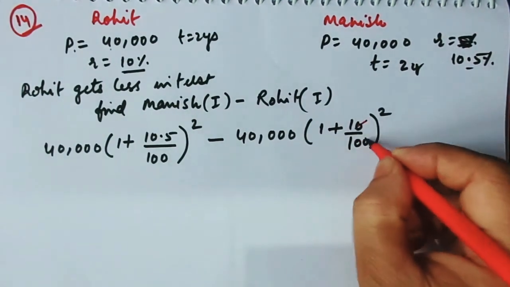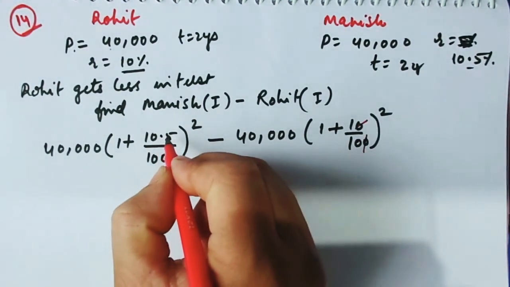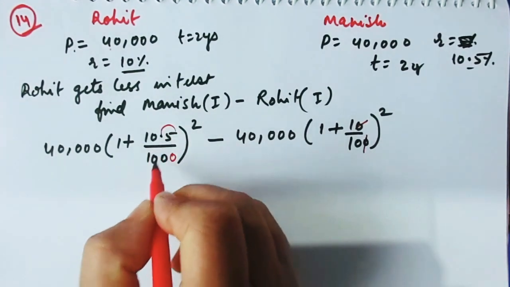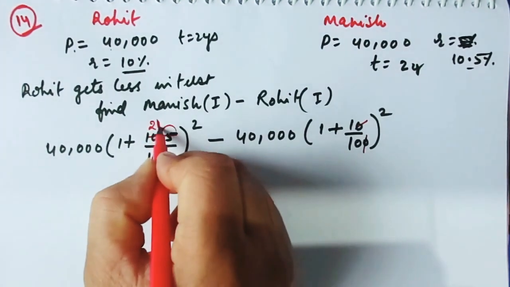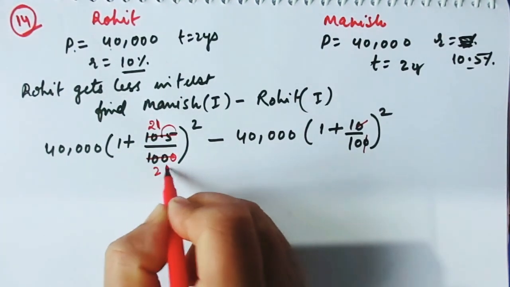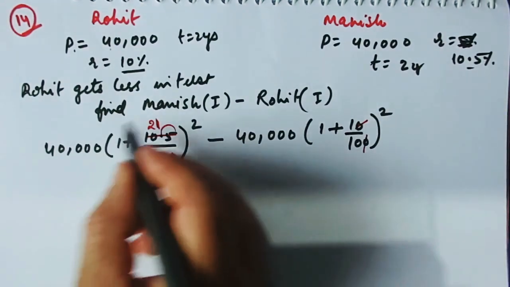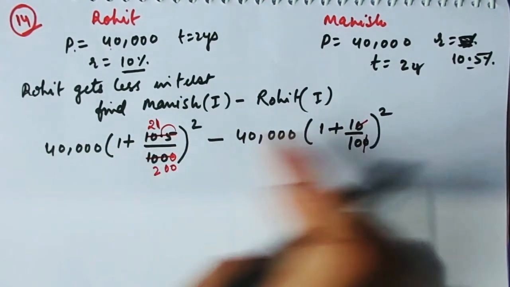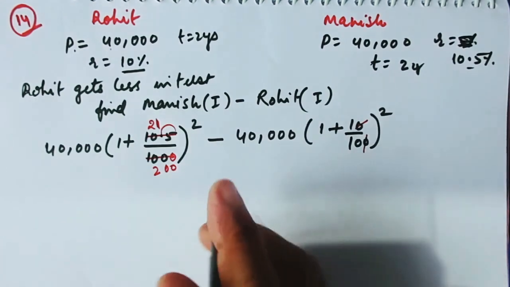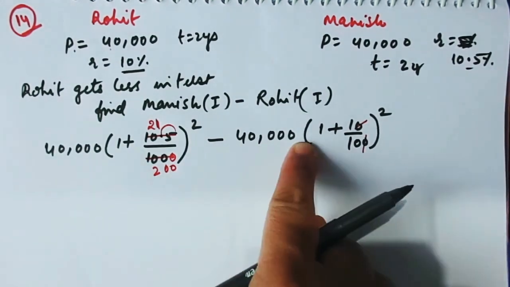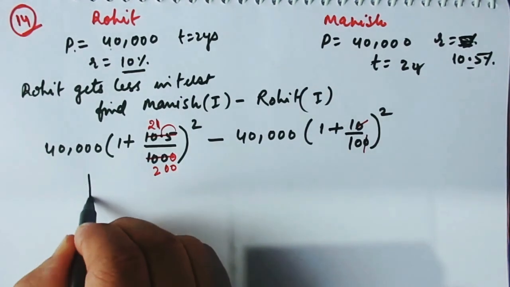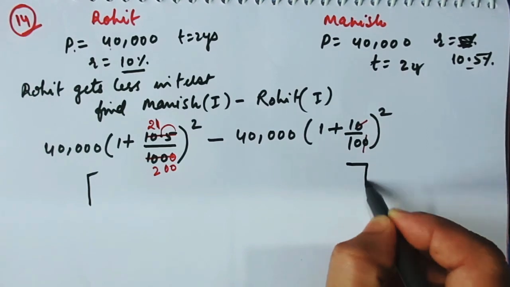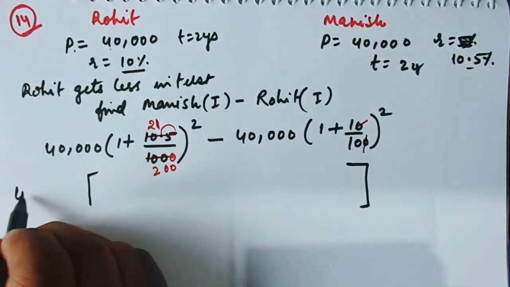ये वाला रिमूव द डेसिमल, पुट 1 0 ओवर हियर। उसके बाद 521 टाइम्स एंड 5 2 10 0 0। सॉल्व करें 200 प्लस 21, 221। फ्रॉम बोथ ऑफ दीज कैन यू पीपल टेक 40,000 कॉमन? ये 40,000 इसमें भी है एंड 40,000 इज हियर ऑल्सो। वाई डोंट वी टेक आउट दिस 40,000 बाहर में? बाहर करो इसको 40,000।